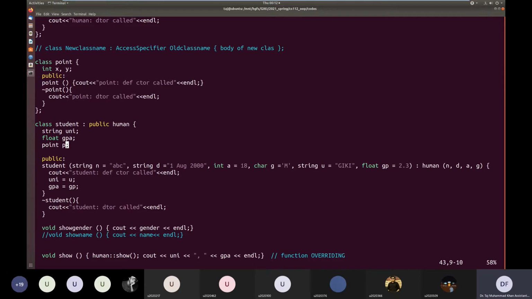Similarly, from teacher, we can further inherit a class called dean, because dean is also a teacher. So dean will have all the data related to human, because dean is also a human, and it will also have all the data belonging to teacher, because dean is human as well as teacher.